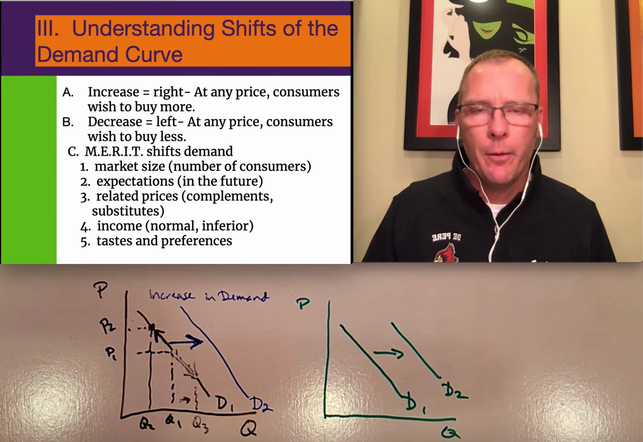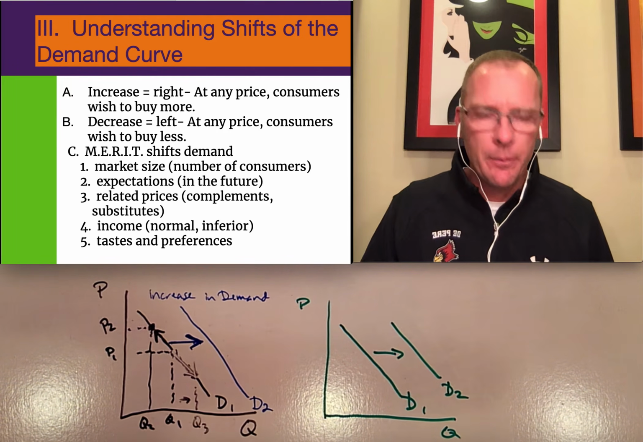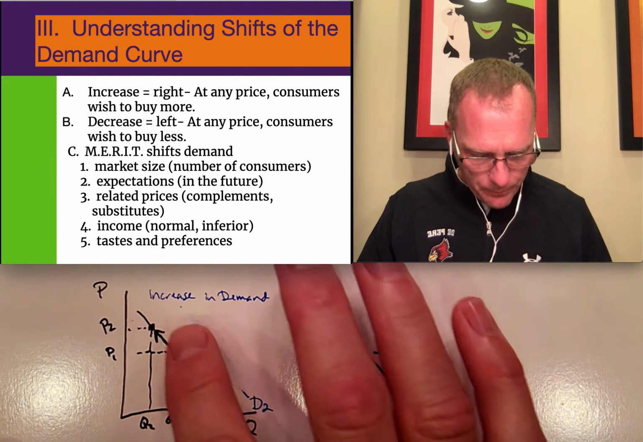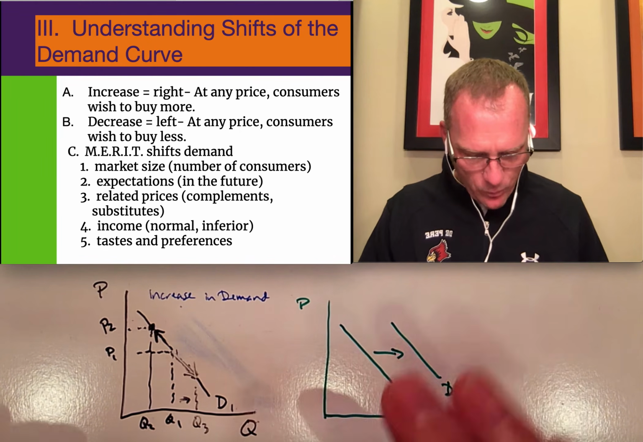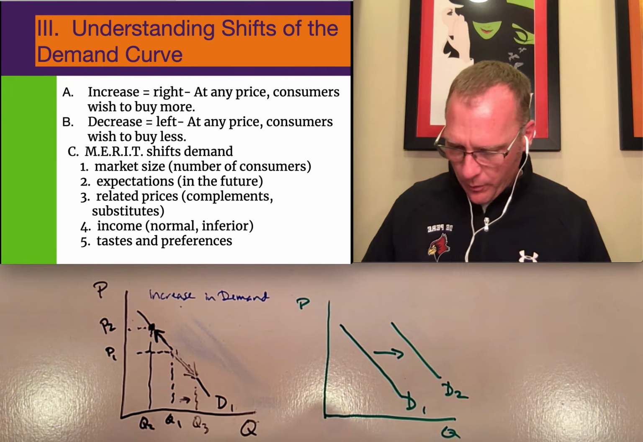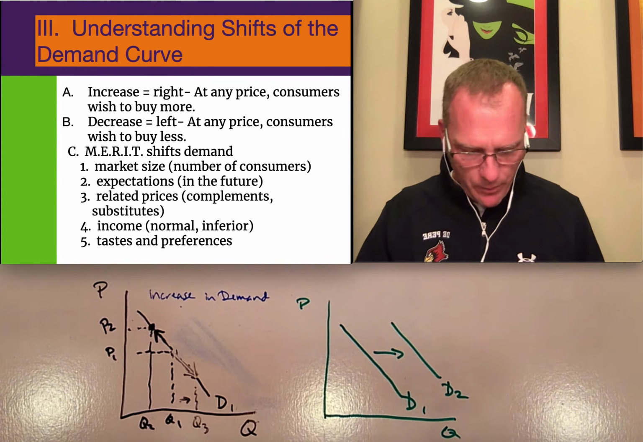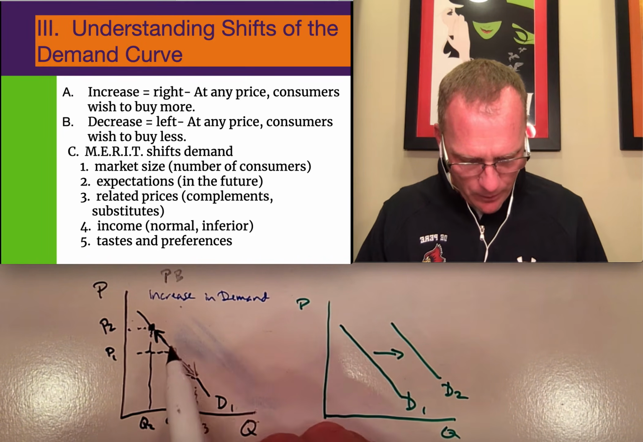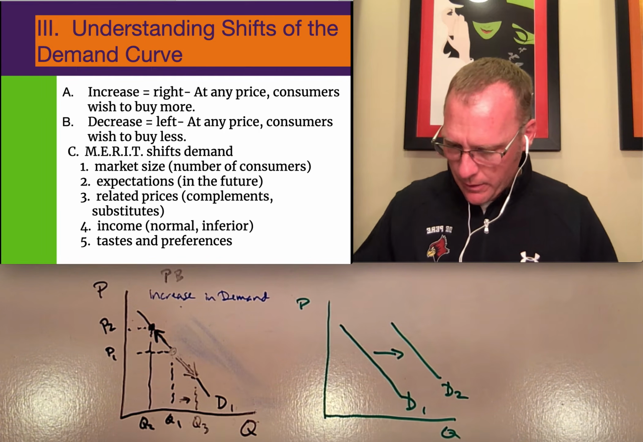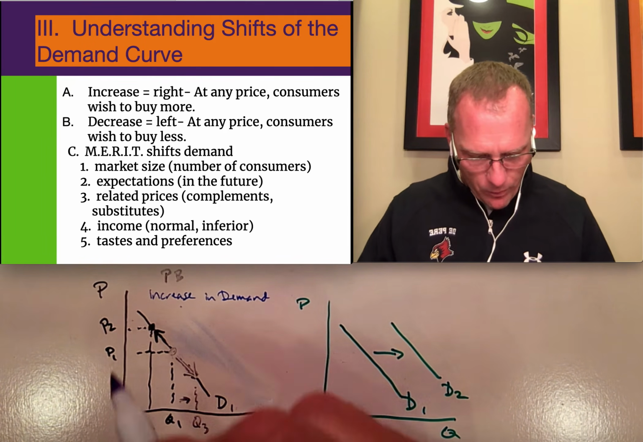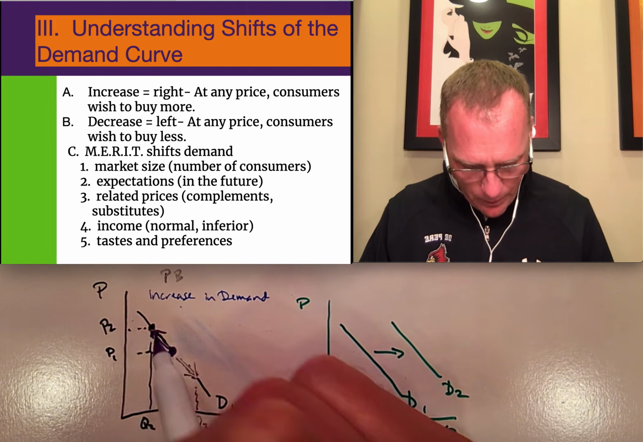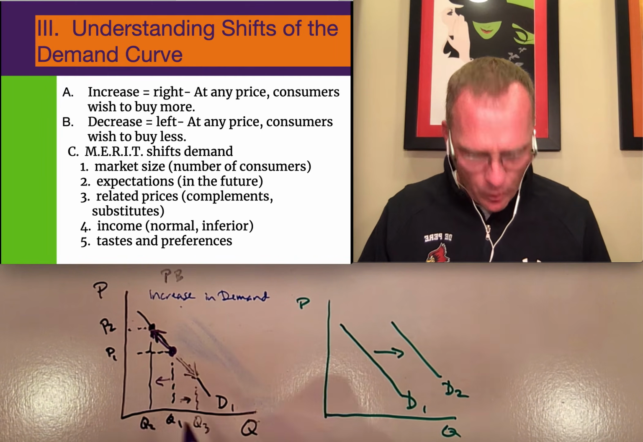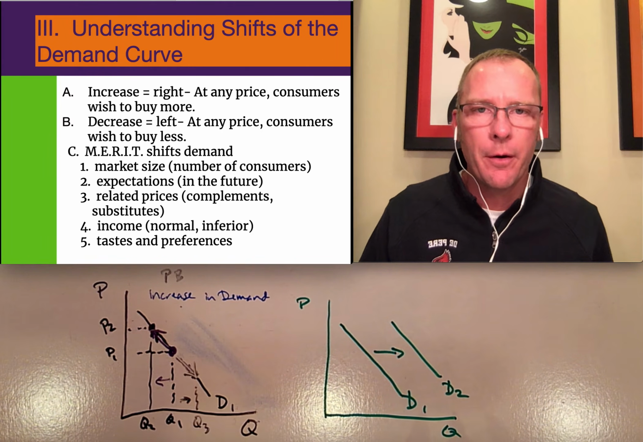So for example, if the price of peanut butter went up, let's say that price went up. So here is my peanut butter market, and the price went up. This market is not doing so well. If the price goes up from here to here, that means less quantity demanded for peanut butter is happening in